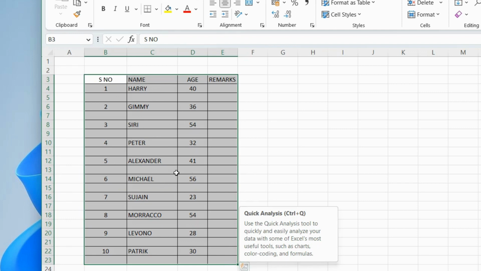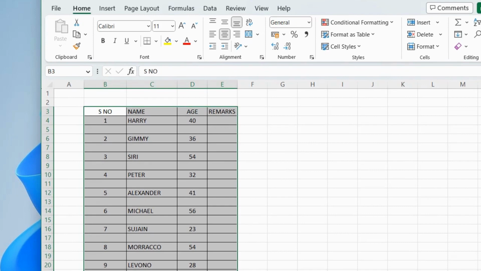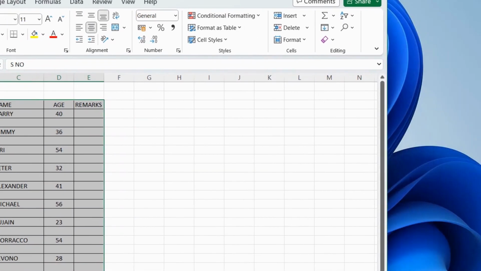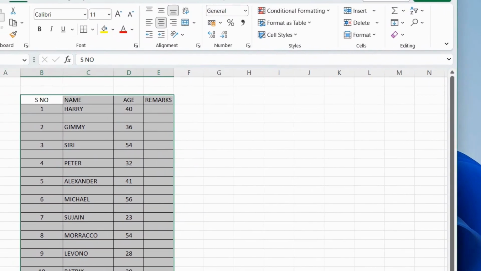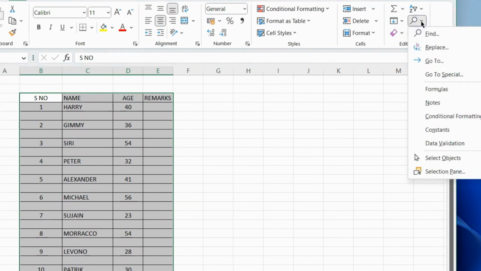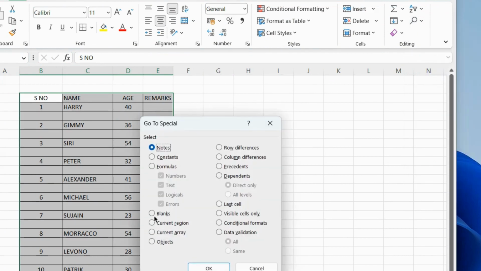Select this whole range, and under the Home tab go to the Editing section. Here you will find the Find and Select icon just under the Editing section. Find and Select. Here go to Special. Under the Go To section, click on Go To Special, and here choose the option Blanks